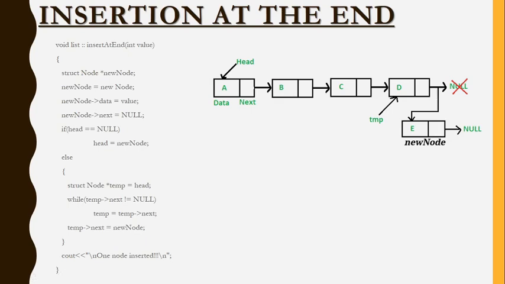If this is the only node, what do we have to do? If head equal to null, if this is the only node, what is the condition? I already made this next as null. That part is done. Now I have to name this as head, so head equal to new node. My part is done. So if head equal to null, this is the only node, head equal to new node. Else, we already have so many nodes and we are going to insert this node at the last of it. What do we need to do?